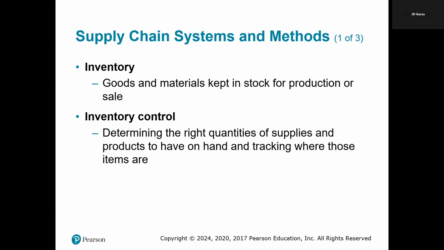Let's just say, as an example, a retail store. A retail store keeps a variety of clothing items in stock to cater to customer demand during different seasons. But it also maintains sufficient inventory levels to ensure that popular items are available during peak shopping times, let's just say like the holiday season. So the main goal of inventory management is to balance enough stock to meet demand while avoiding excessive quantities that are going to tie up cash and storage space.